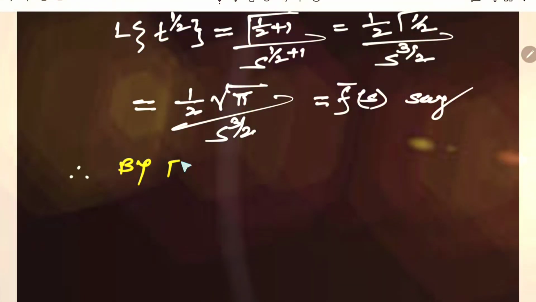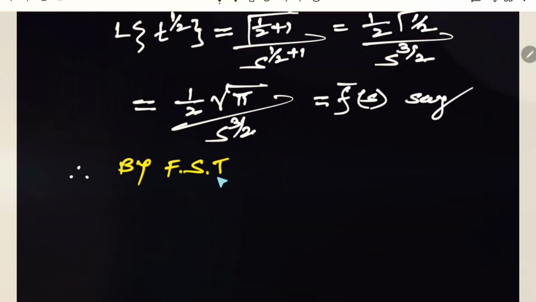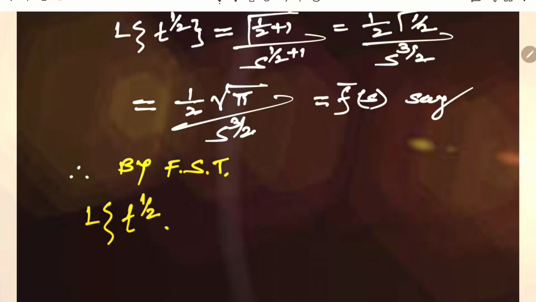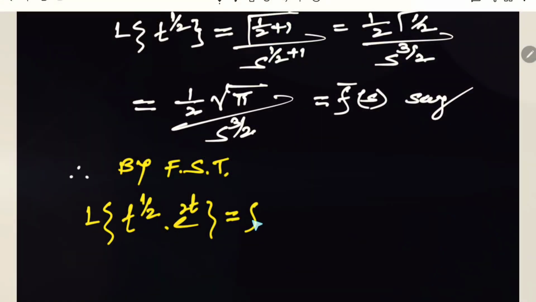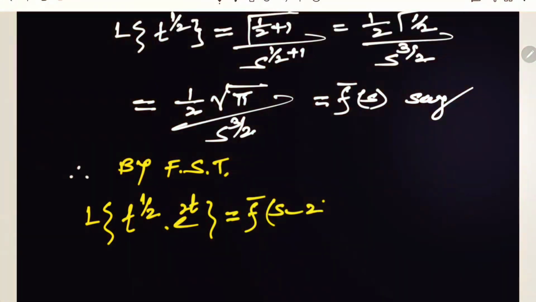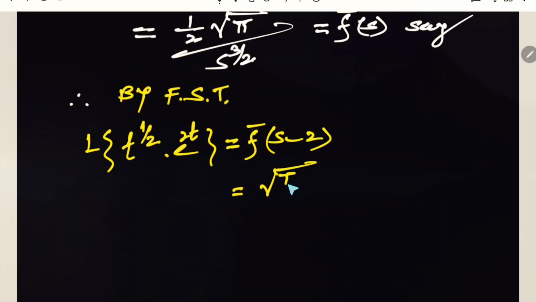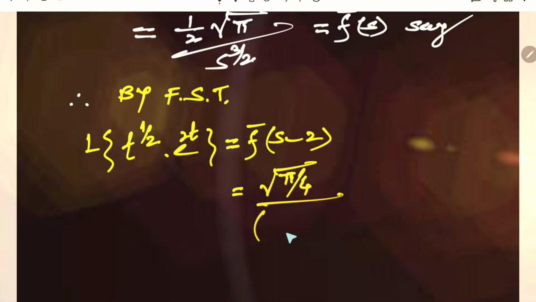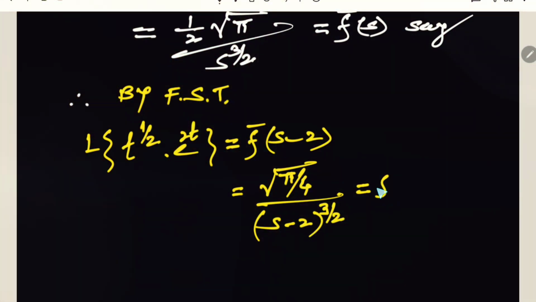Then by the first shifting theorem, as that term is multiplied by e raised to 2t, we apply the first shifting theorem. Therefore, Laplace of t raised to 1 by 2 into e raised to 2t is equal to f bar of s minus 2, as it is plus 2t, therefore replace s by s minus 2. Therefore, in that previous result, we replace s by s minus 2, so that we get square root of pi by 4 divided by (s minus 2) raised to 3 by 2,